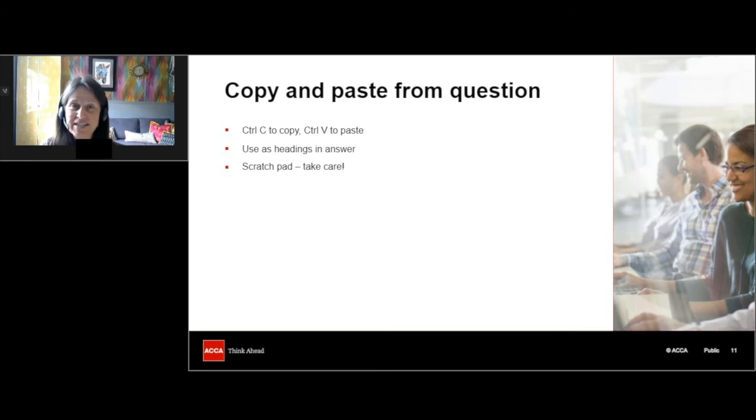But for the advanced tax exam, you've got the word processor and the spreadsheet document. So I would do everything in those, I think, and not really bother with the scratch pad. Maybe you could write in things like the allocated time for your question, but anything that you want to be seen by the marker needs to be either in the word processor or the spreadsheet response area. Okay, so just be aware of that.